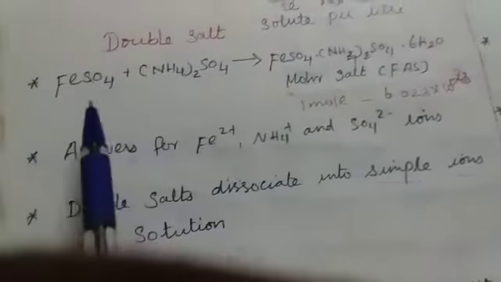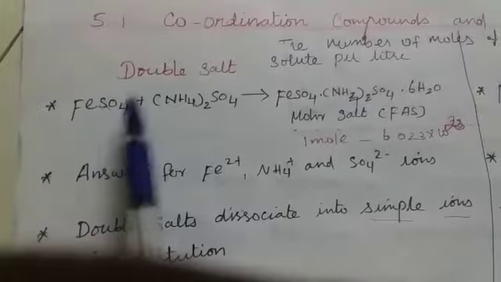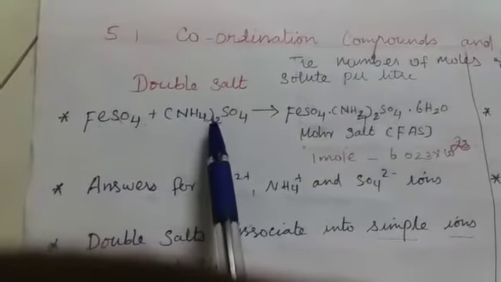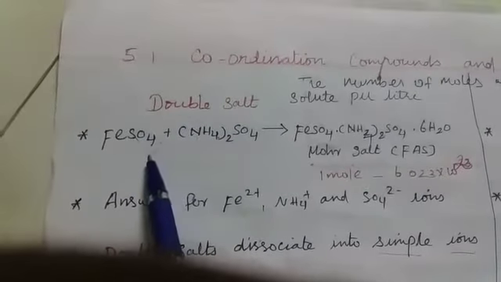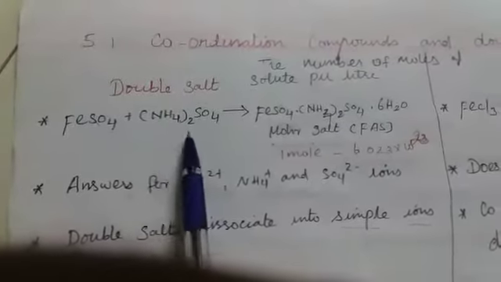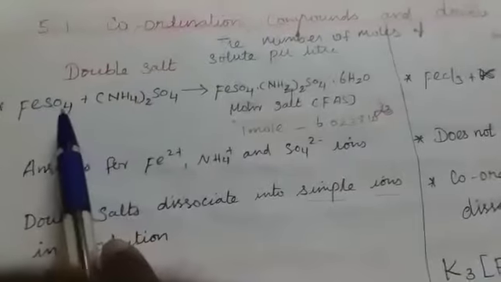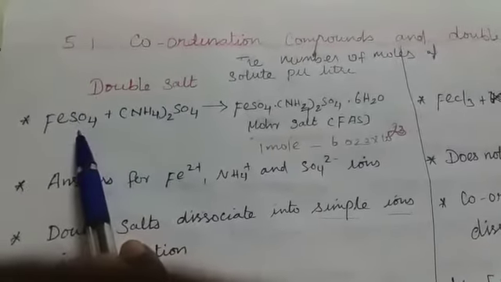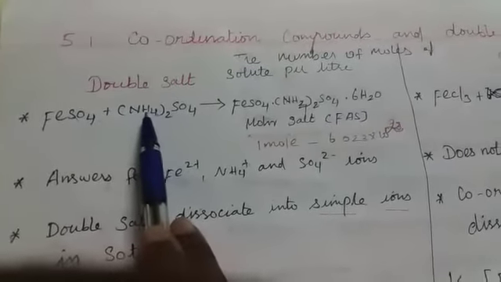For example, if we take 10 moles of ferrous sulfate, then we need to take the same 10 moles of ammonium sulfate. These two solutions are considered equimolar solutions. For example, when equimolar solutions of ferrous sulfate and ammonium sulfate are mixed and allowed to crystallize,